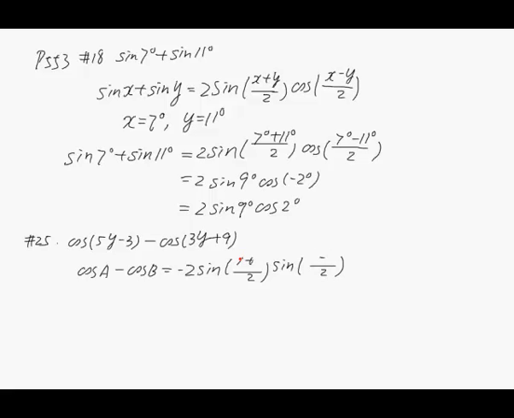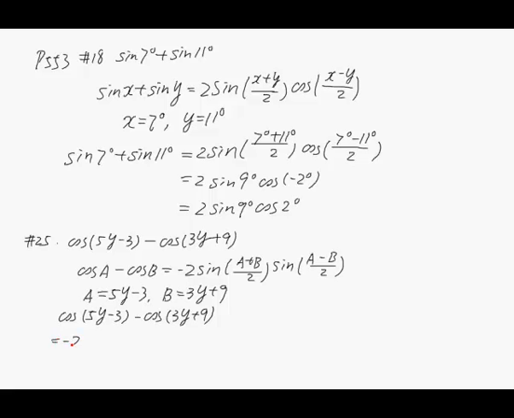Right now, a for this problem is equal to 5y minus 3, and b is equal to 3y plus 9. So this original expression, cosine of (5y minus 3) minus cosine of (3y plus 9),